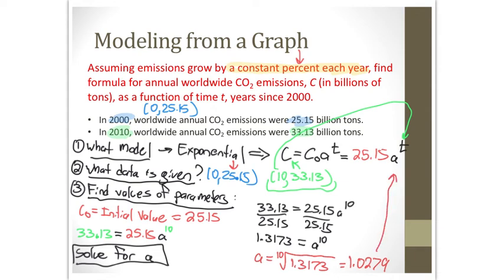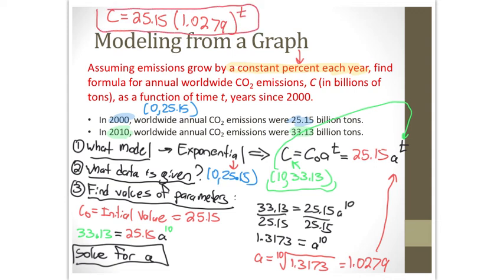So this problem is asking me to construct a formula for this. So my final answer should be a complete formula. So we have C is equal to 25.15 all times A, 1.0279, all raised to the power of T. And so now we could use this model to make predictions, projections out into the future. We can compare later data to what our model projects to see if we need to update our model and so on. But from this model, we can see that CO2 emissions seem to be growing